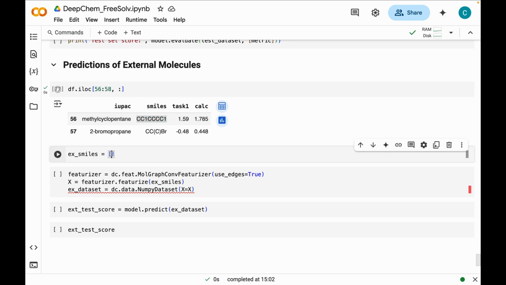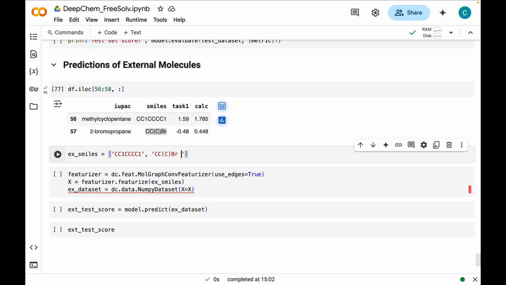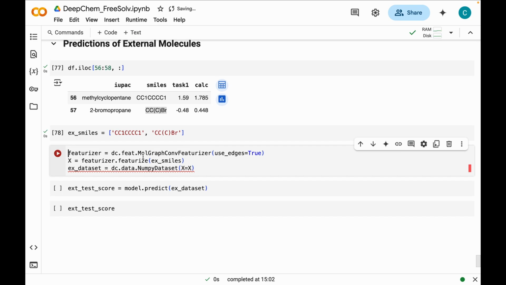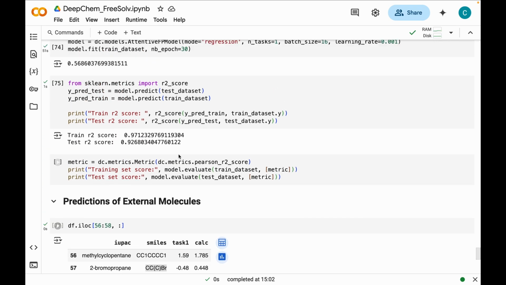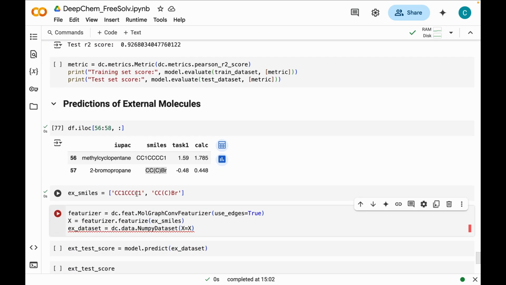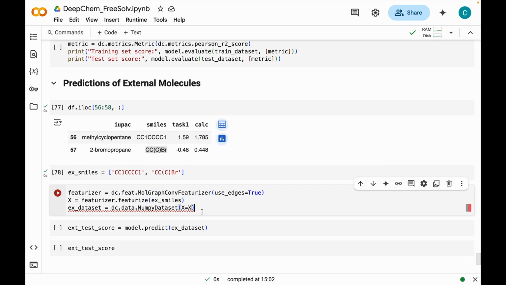So let's copy these SMILES here. Our external SMILES are these two, and we need to featurize them. Since we are going to be testing on AttentiveFP, which is our latest model, what we are going to do is featurize them using the MolGraphConv featurizer, and then